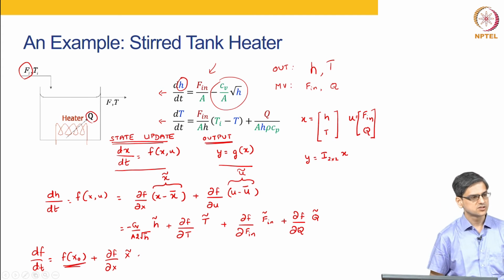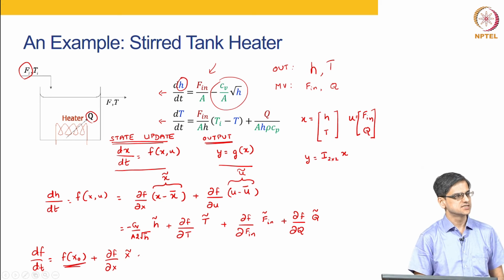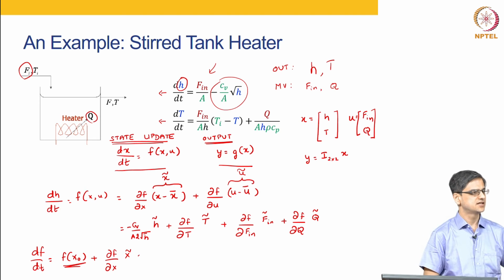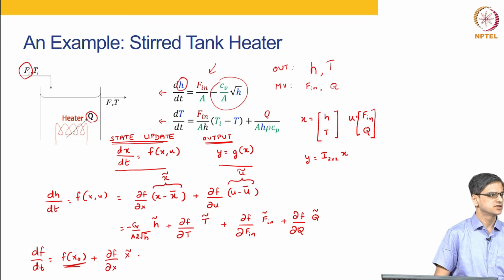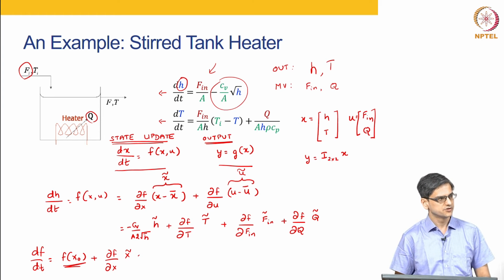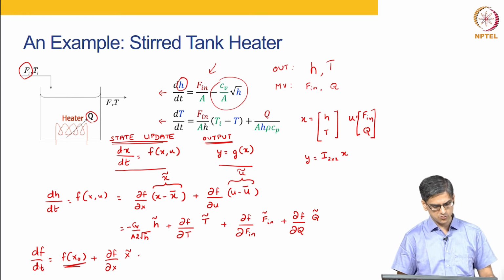Why is this term not there? Because this is the value that is calculated at steady state, and at steady state we have the left hand side equal to 0. That is how you calculate the steady state, that is why this particular term is not present. Okay. Again, this is just a recap of your undergraduate material, so that is why I am going very quickly over here, but this is how you do linearization.